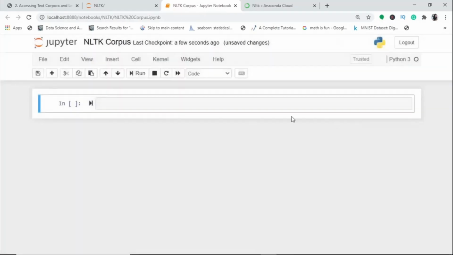So what is a corpus? Corpus is the plural form, and corpora is